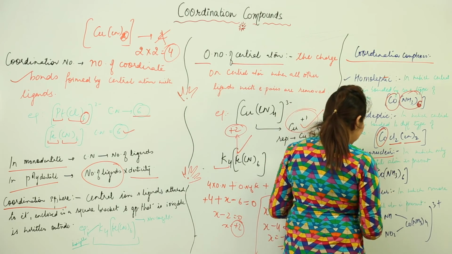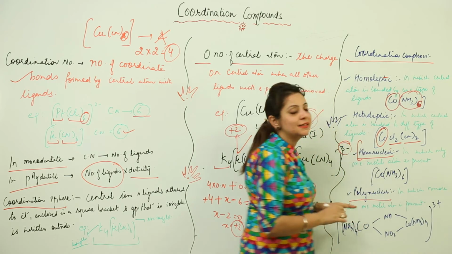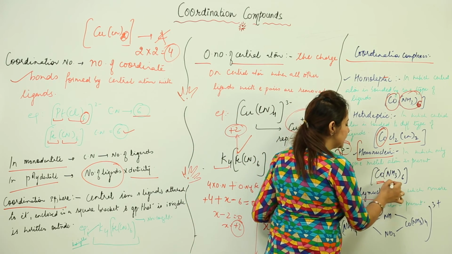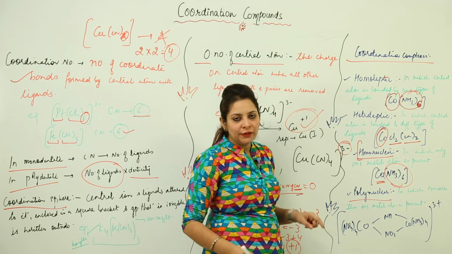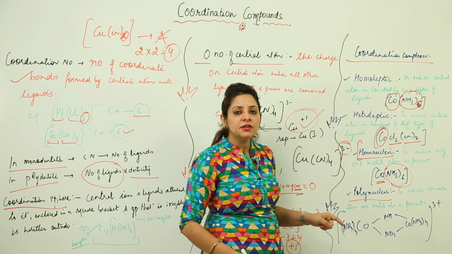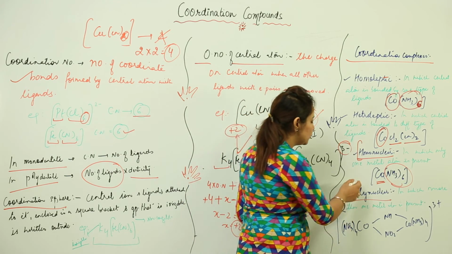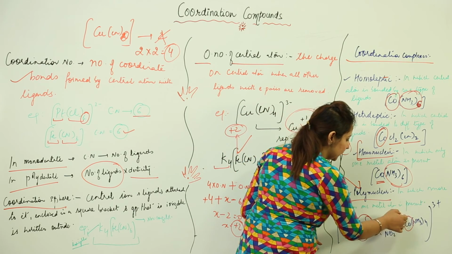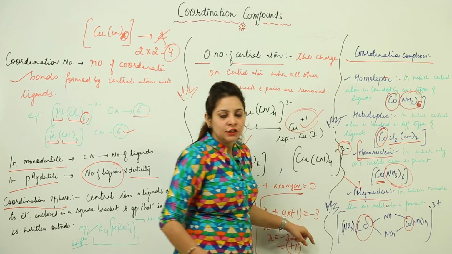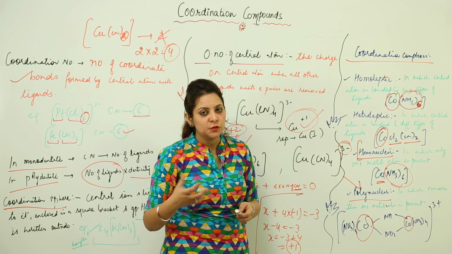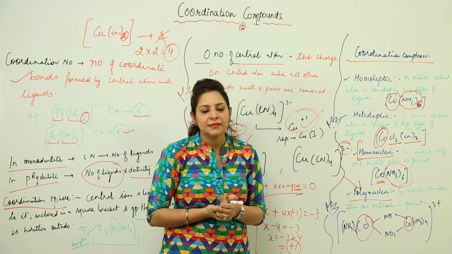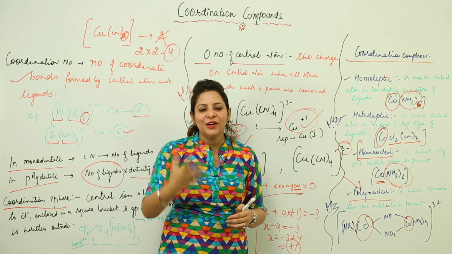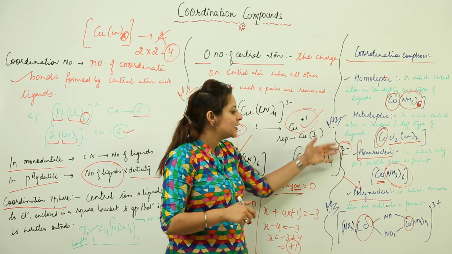Likewise, we have homonuclear and polynuclear complexes. A homonuclear complex is one in which there is only one central atom. As you can see here, 1 cobalt, 1 central atom, 6 ligands. So it is a homonuclear one. But when the number of central metal atoms is more than 1, it is a polynuclear complex. As you can see in this case, the central atom is Co, and here also it is Co, and these are all ligands. So more than one central atom is present. Whenever more than one central atom is present, it is called a polynuclear complex, and if there is only one central atom present, it is called a homonuclear complex.